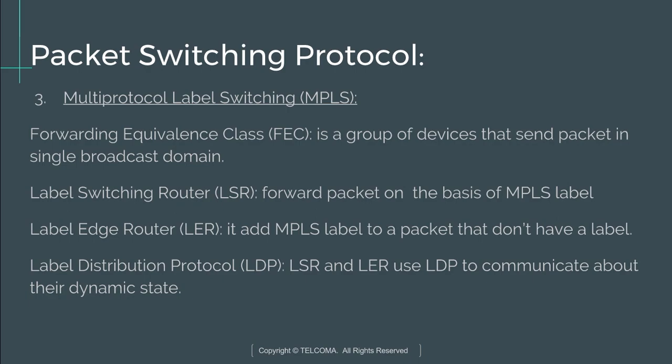This router forwards the packet according to the MPLS label, whereas label edge routers, LER, add MPLS labels to those packets which don't have a label. They are only used to assign labels to packets. Whereas for label distribution protocol, LDP, the LSR and LER use LDP to communicate about the dynamic state. So these are the terms which are used in the